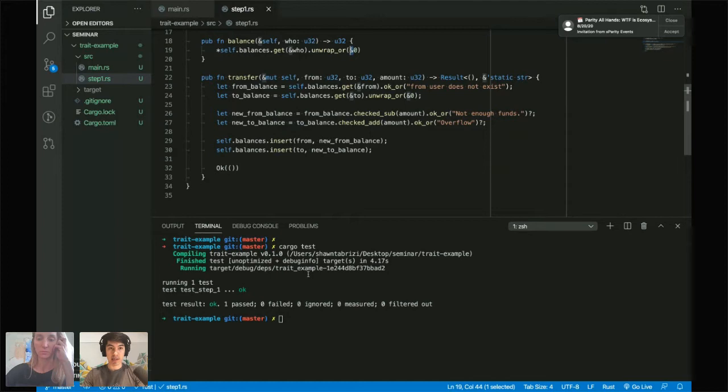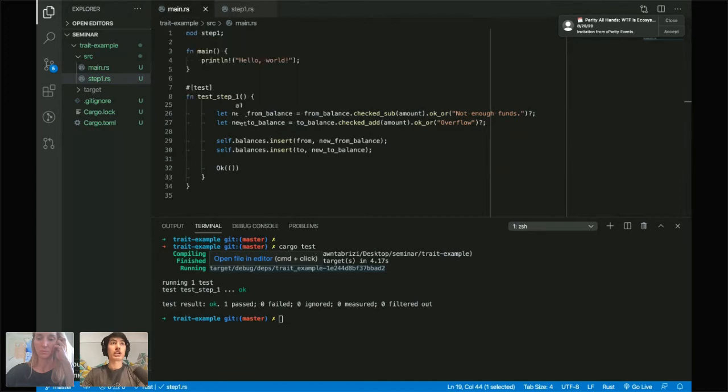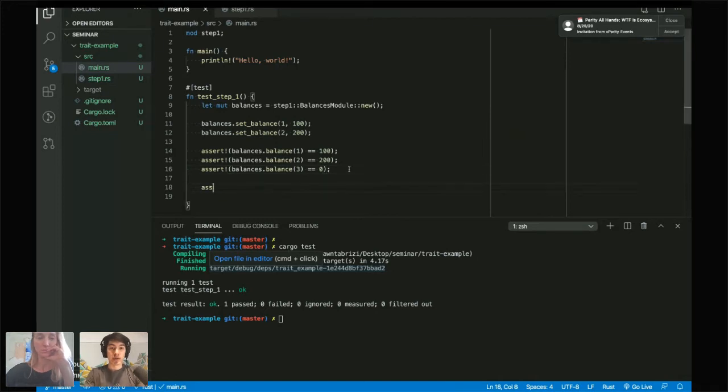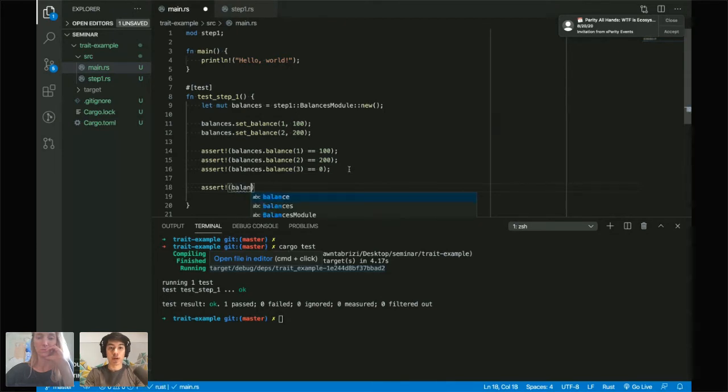Okay, so we wrote our transfer function. Hopefully this makes sense for everyone. And so now we should be able to do some basic transfer stuff, right? Here we're just going to do a basic transfer from one user to another. So let's assert that this works. Assert balances.transfer from 1 to 2 of 50 is ok.